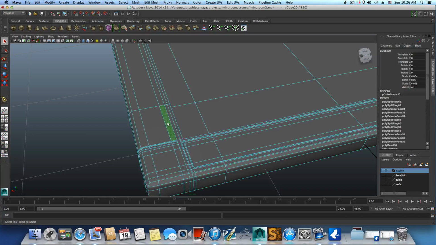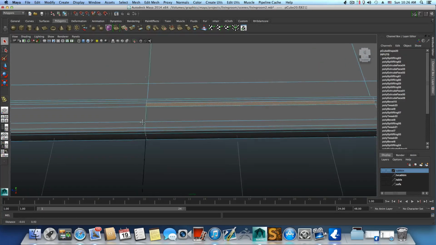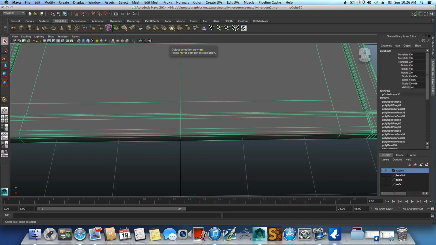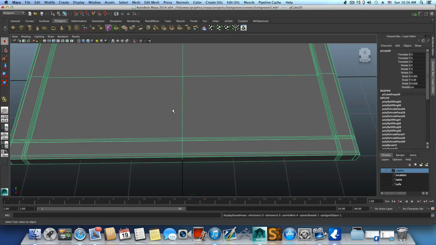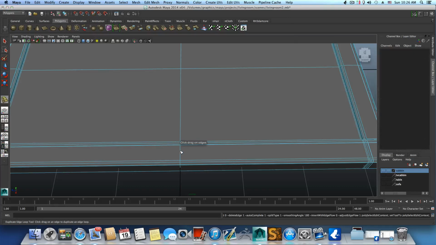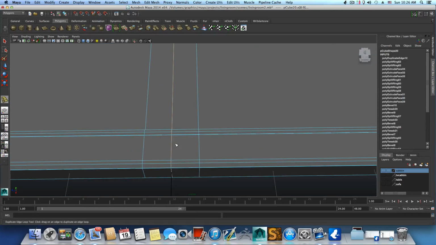So face, no, let's not do this. The last thing I want to do is create a button here. So what we will do, we will exit the smooth preview, press 1 to exit the smooth preview, edit mesh, offset edge loop tool, okay, and create one offset edge here, and then right click, choose face,